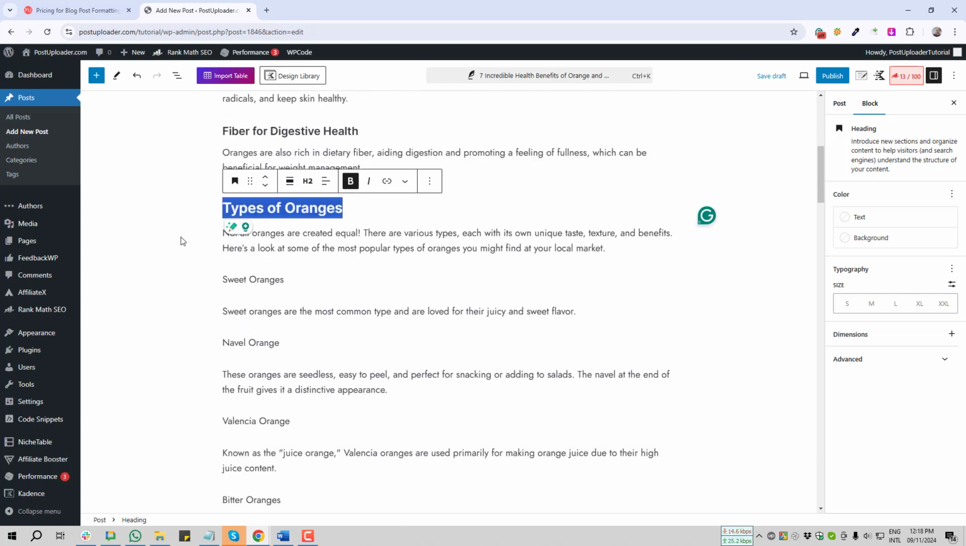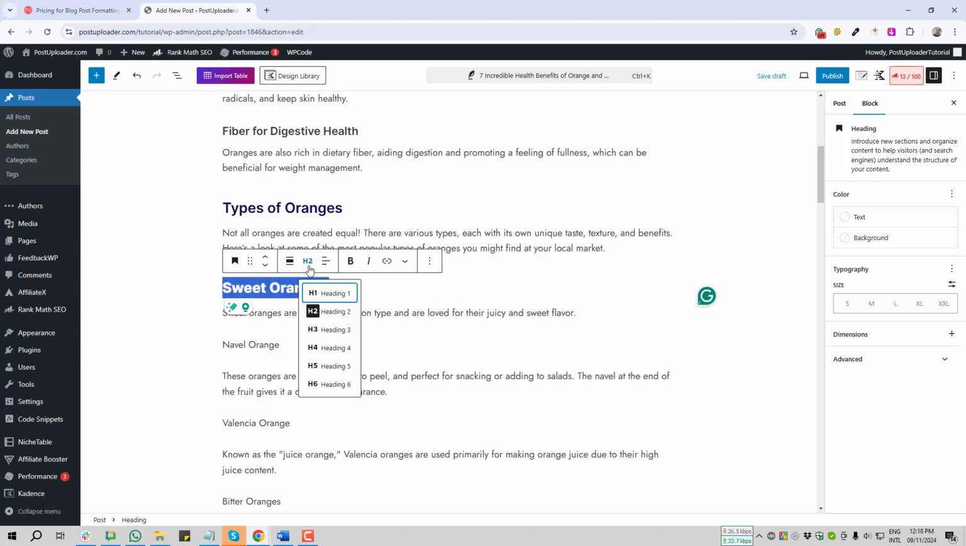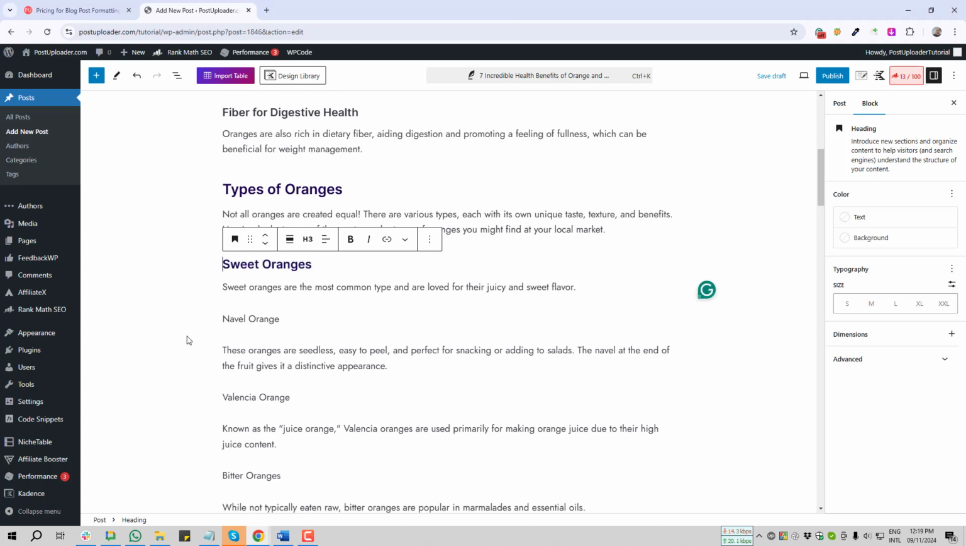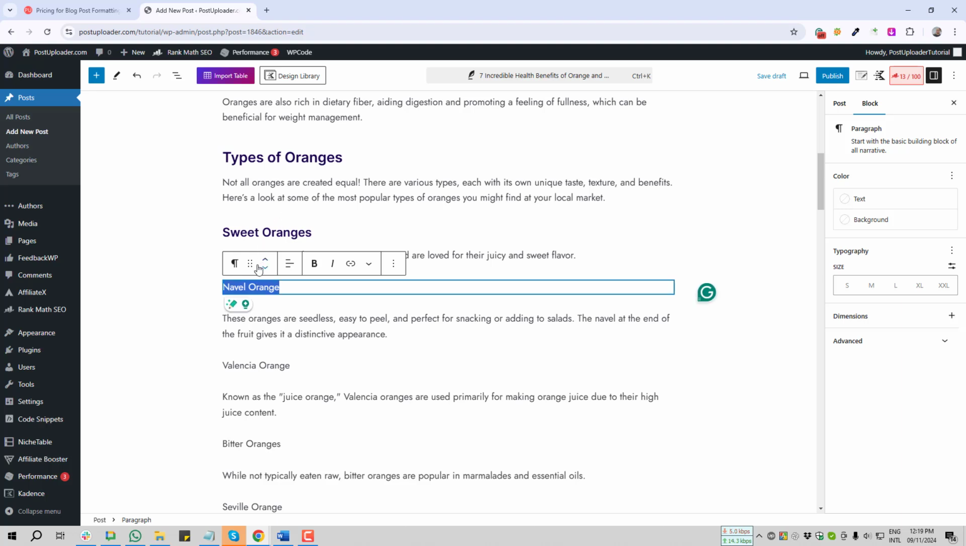So types of orange. After that, sweet orange. So it's one type from the types of orange. So sweet orange should be H3. So if I come to the next headline under sweet orange, the name is navel orange. So this is under sweet orange. As the above headline is sweet orange, it's going under that headline. So I am making it